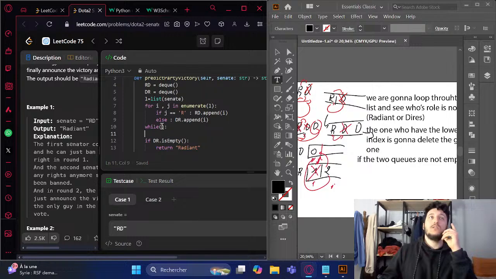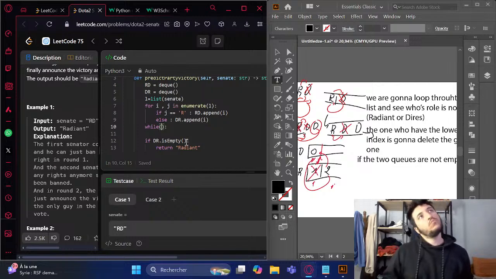So while none of them is empty, so while, okay, so why is this always like this? Okay, while not